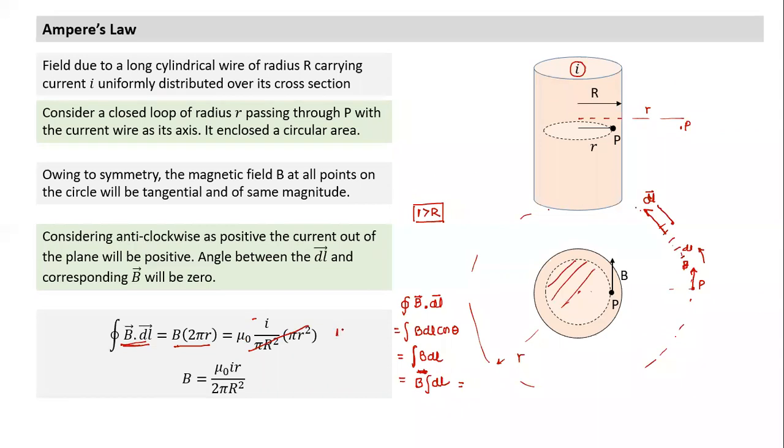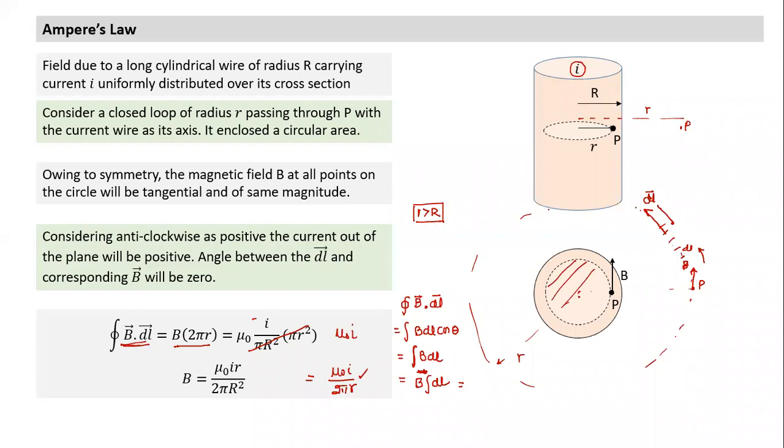Which will change? This term is mu naught I. And then this expression comes equal to mu naught I by 2 pi R. Does this expression make sense? Yes, sir. Then it's the same thing as in Gauss law. It doesn't matter what the radius is. If the entire thing is inside, the field created by a cylindrical wire is the same as a thin wire if the current is the same. It doesn't matter what this capital R is. If we increase this R also, the current enclosed remains the same. So this expression is the same as the line charge.